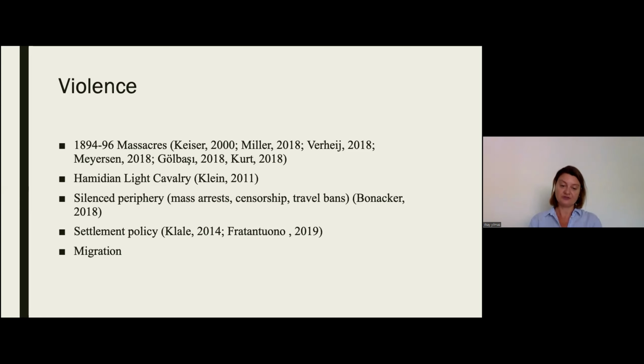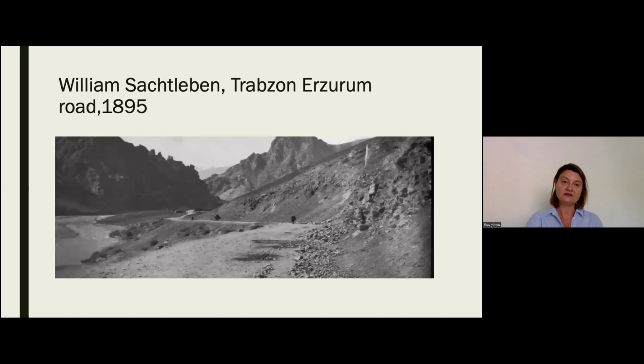So this network between the Sublime Porte, Ottoman embassies, and provinces gave the Ottoman Empire the ability to create political strategies through the interpretations of domestic events with international developments. This tendency in policymaking also resulted in securitization of domestic political problems as well. So the network between state center, provinces, and embassies also illustrates the Ottoman security apparatus from domestic to international level. The Ottoman consulates were mapping not only the